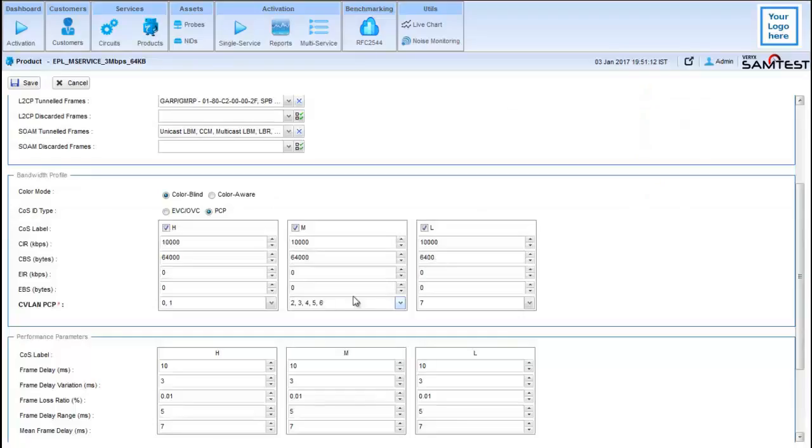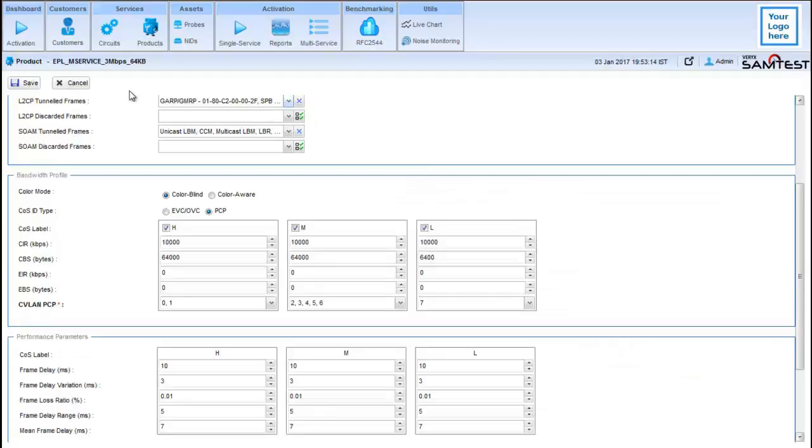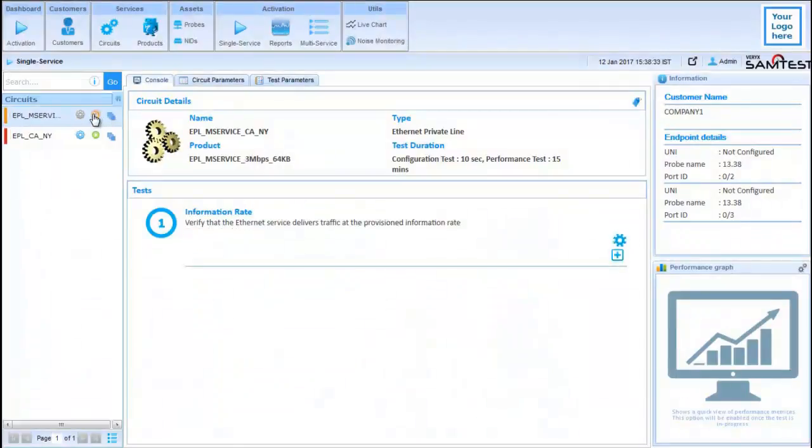On the SAMTEST GUI, we have set the CIR and CBS values per PCP that have been configured for the carrier grade equipment to enable the multicast. The service provider has determined if the EVC can deliver a multicast to support the bandwidth profile of 10 Mbps per PCP. Once the test is executed, we see that the EVC is unable to deliver the configured bandwidth profile